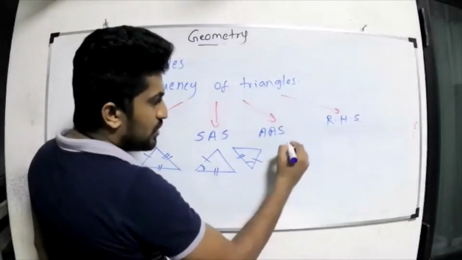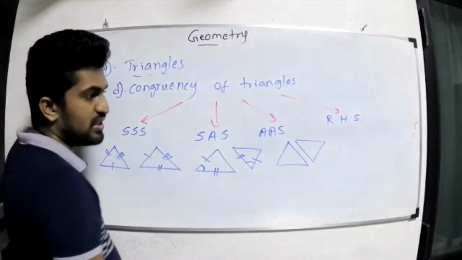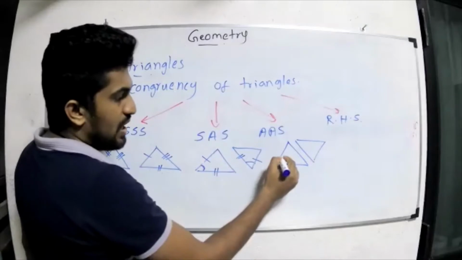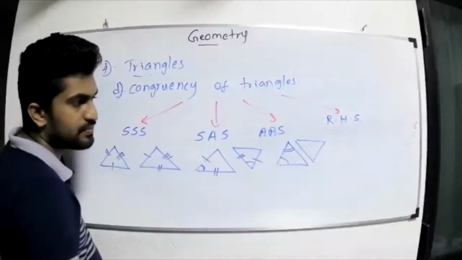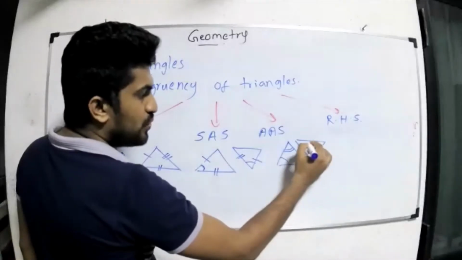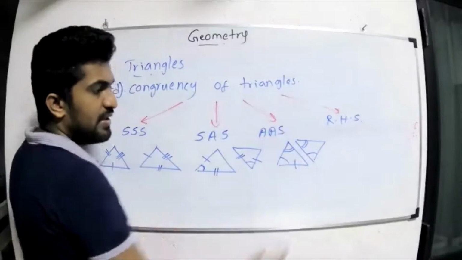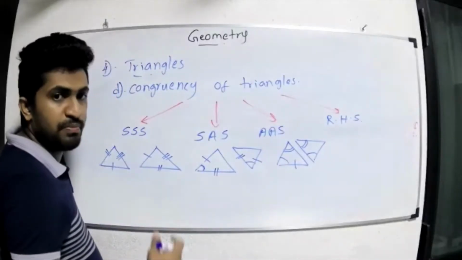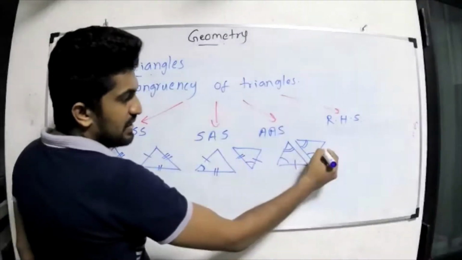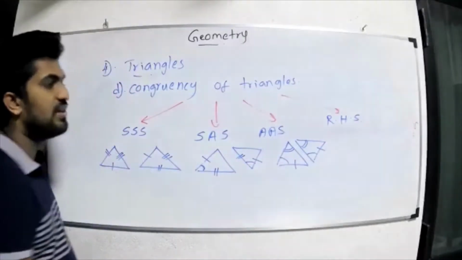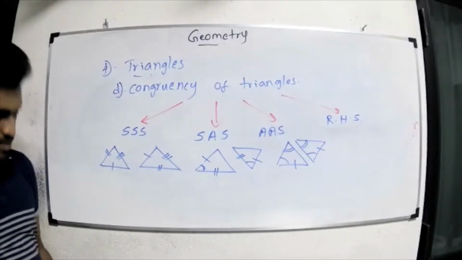Third one, two triangles you have to prove are identical, that means congruent in the angle side method. Angle side method means two angles are equal, but the side can be any side. No need to be in between the two angles. Any side can be equal in the angle side method.